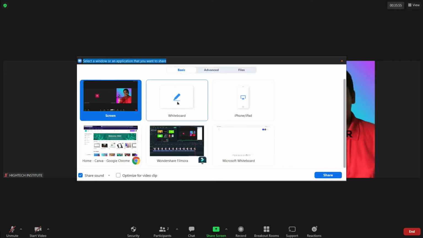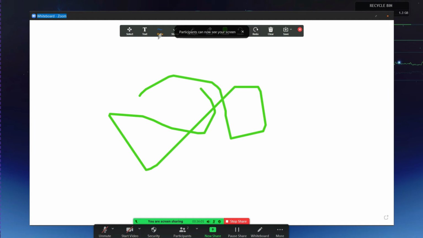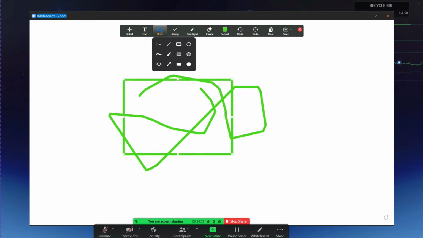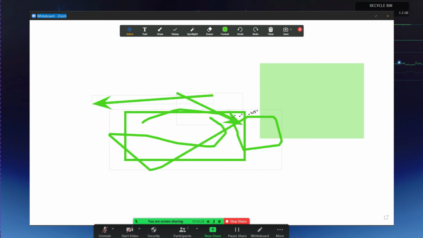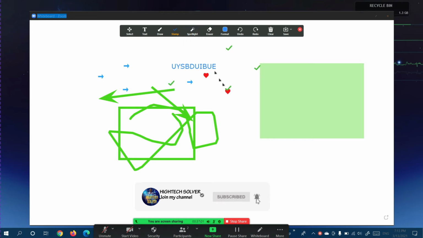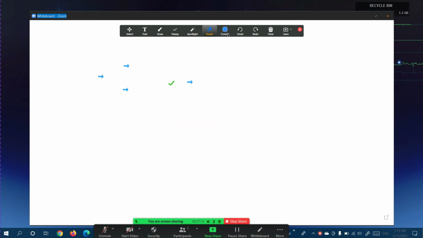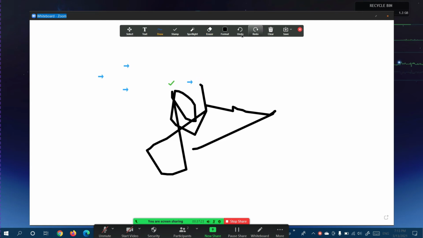If you share the Microsoft whiteboard, and this is the Microsoft whiteboard, you can draw anything here. There are some draw tools here. You can add rectangles, and you can add arrows, and you can click select and select all of these and resize them like this. You can add text here like this, and you can add stamps like arrows and hearts and check marks. You can spotlight, like pointing at something in the whiteboard, and you can erase all this. You can format the color, so I will choose black, and you can draw here like this.